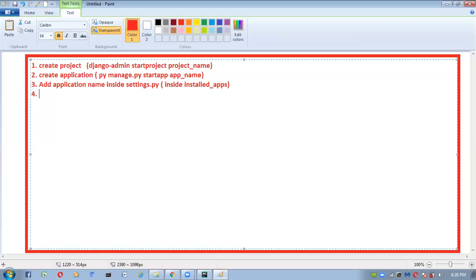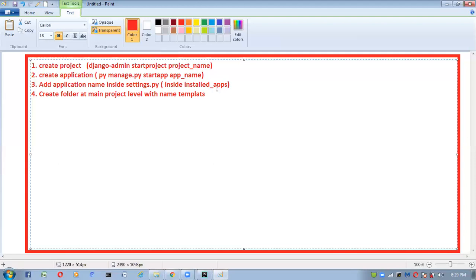So next, what we did: create a folder at the main project level with the name templates.